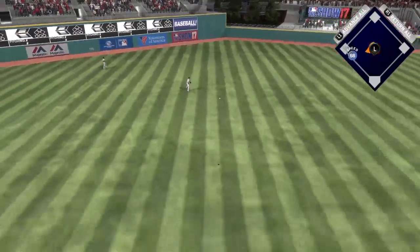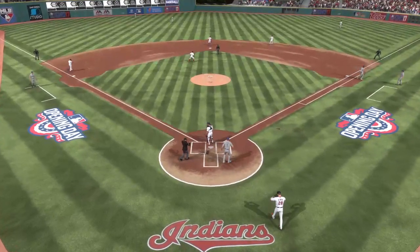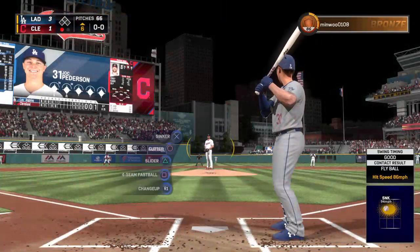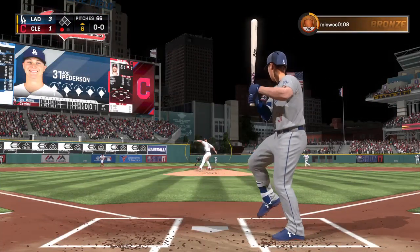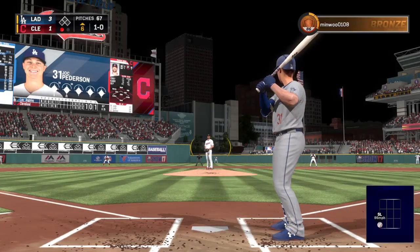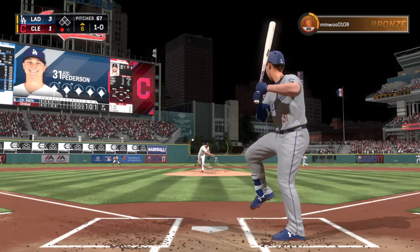Catch made in center. Here comes the runner from third. Throw won't get him. Here's Jock Peterson now. It's been an 0 for 2 effort for him to this point. Peterson. And he'll hold off on the slider here to start the at-bat. It's ball 1. This has been a rough inning for him on the mound, but now after that sac fly,